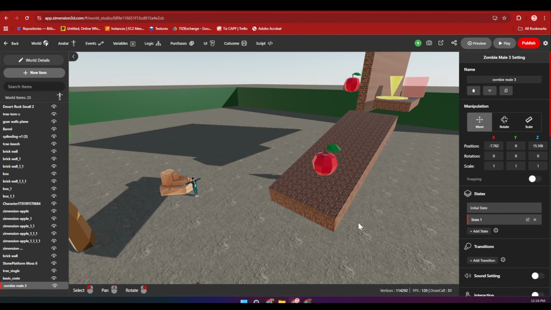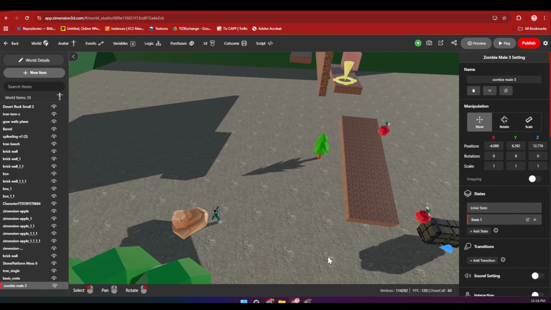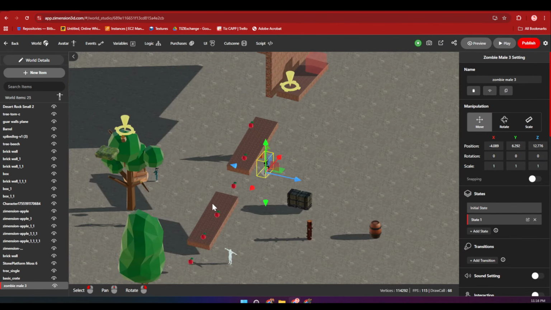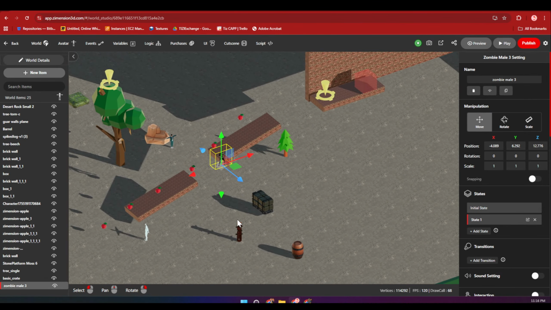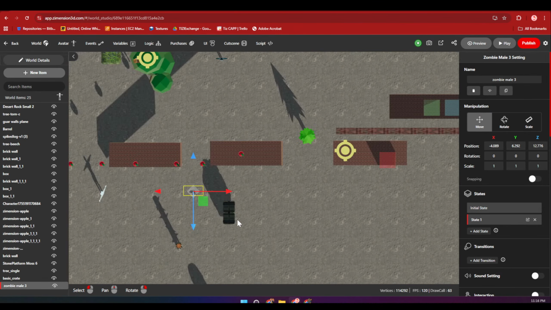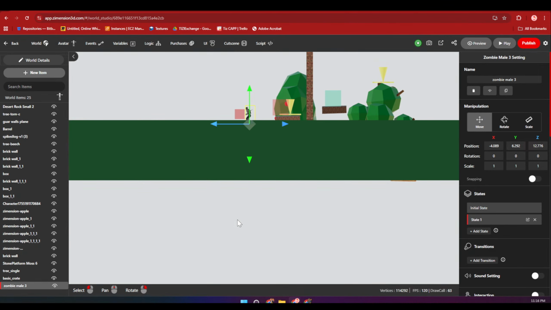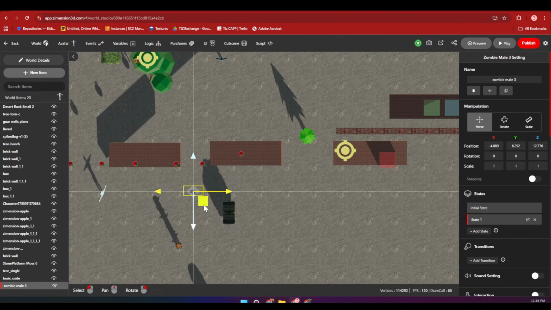I will add another state. Okay, where is the zombie? Another cheat sheet. If you press 5, it will go to orthographic mode, and if you press 8, it will show this orthographic camera positions on your numpad, and there's no other way to do that. If you have a numpad on your keyboard, then you're only able to do that. Okay,